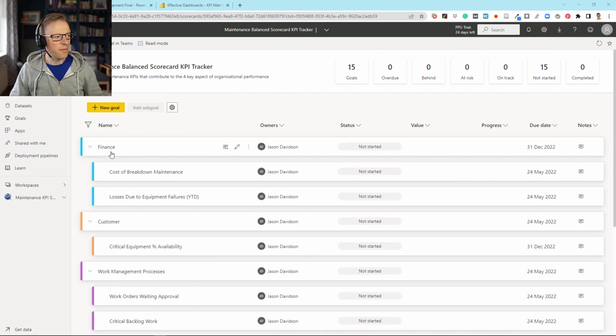We've got the main goal here, and we've got these sub-goals here, which are actually going to be the goals we're going to track. Now, when it comes to goals, there's really two different types of goals that I'm going to be covering. The first one here is an ongoing goal. Okay, so these are scorecards, and we're going to have targets for each one of these on an ongoing basis. Some of them will be year to date, like this one here, but then it'll just roll over to the next year and it'll be an ongoing goal,